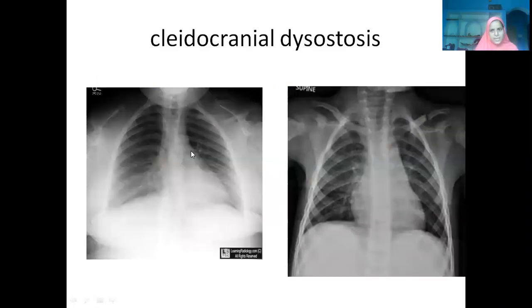Can you see the X-ray also here? This is the normal X-ray. You can see the clavicle is there, but still you are finding like fusion has not occurred here, isn't it, in the midline? At the point of, as though two pieces of clavicle are here, isn't it? Whereas here the clavicle is absent, isn't it? What is this condition? Cleidocranial dysostosis.